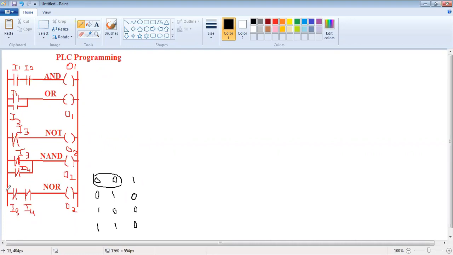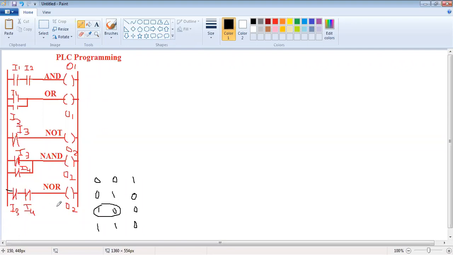When 0, 0 is applied, current will go through both the inputs, output is on. When 0, 1 is applied, current will go through up to I3 only, but it will break over here. So output is off. When 1, 0 is applied, current will not go through I3, so it will not go through I4.